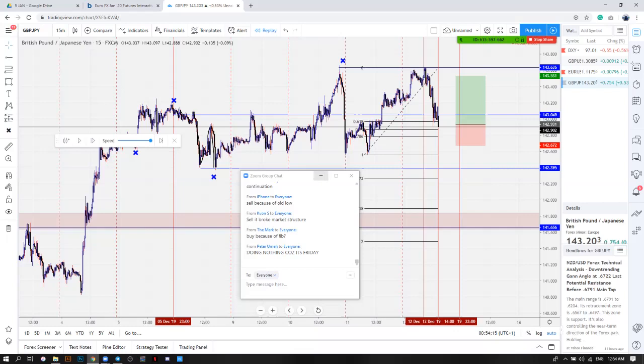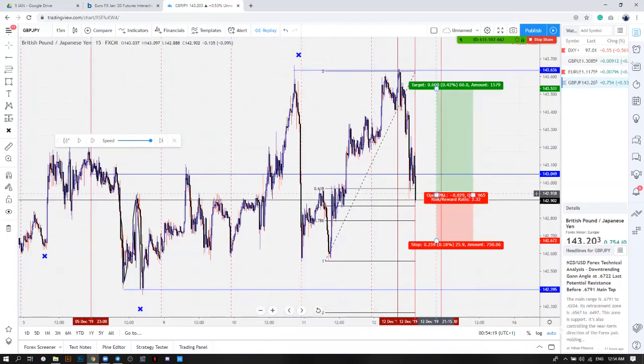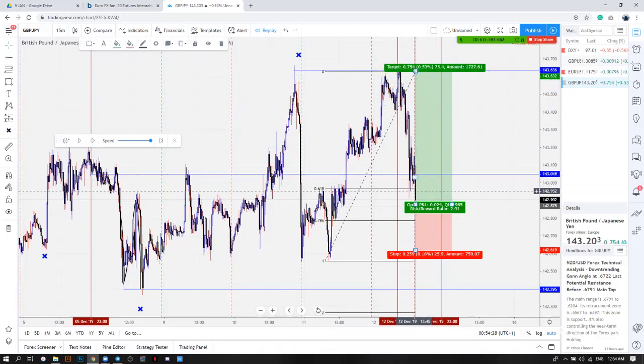True, exactly. But now this is a hypothetical situation. We're not saying we're actually trading. But what would you do if you're taking it on a demo? Would you sell or buy? Just to learn from it. Are you going to sell or you're going to buy?